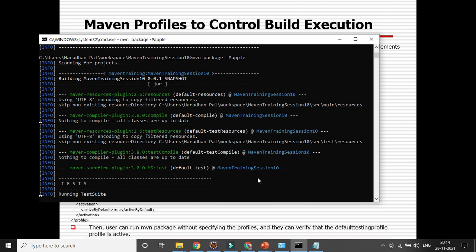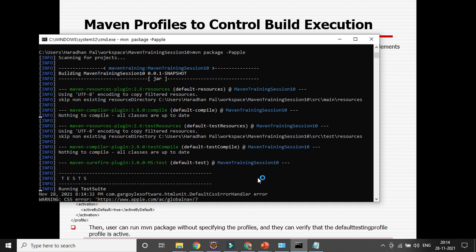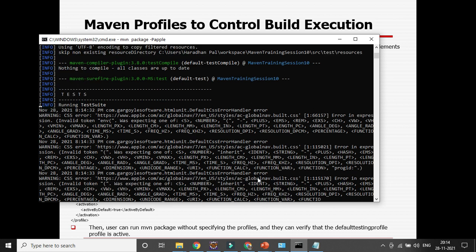Based on the test case I have given, which uses the HTMLUnit driver, you will still be able to get the result. That is the different way you can configure different types of test cases and test suites, and all your execution will be driven based on the profile. You will make the change only one time, and after that you need not change anything. As and when required, you will just be confirming that part, right?